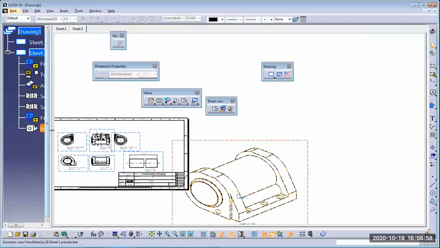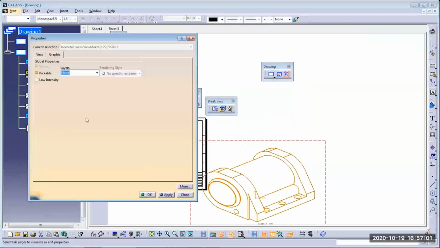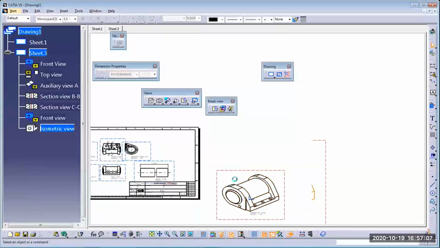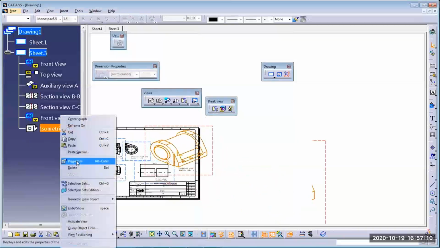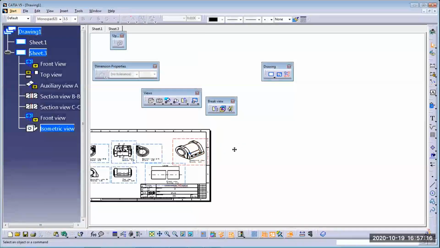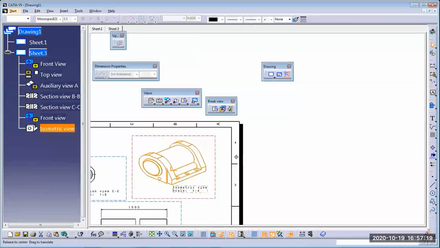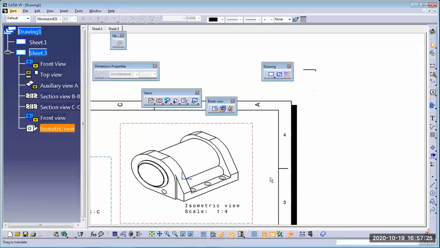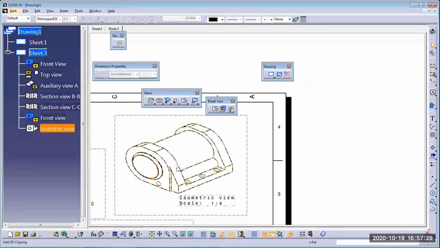Scaling, as you know, you can modify that scale by right click option, property, and the scaling. I'll take 0.25, 0.25, yeah. Now here I need to show section, but generally nobody shows the section on isometric view. What to do for this point? I use this add 3D clipping button.